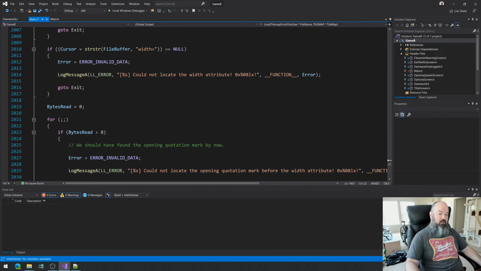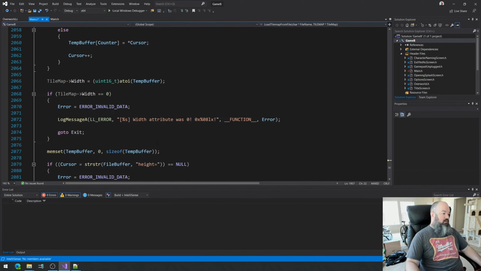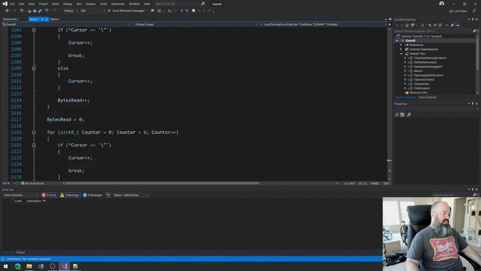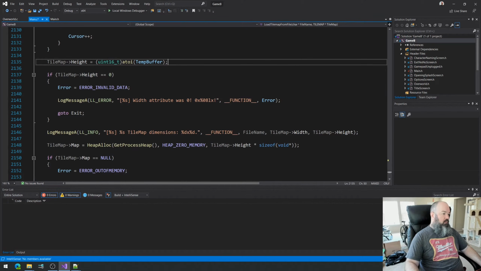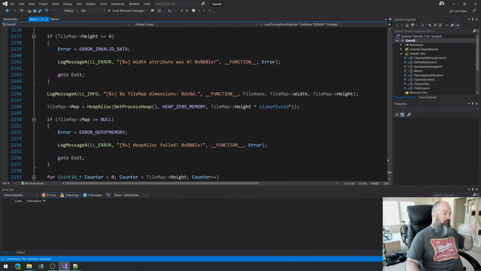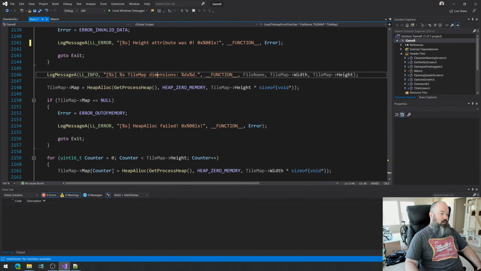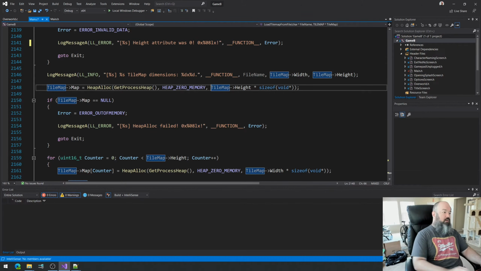Okay. Let's go back down here. Okay, tile map dimensions, width and height. Okay, so what I need to do here